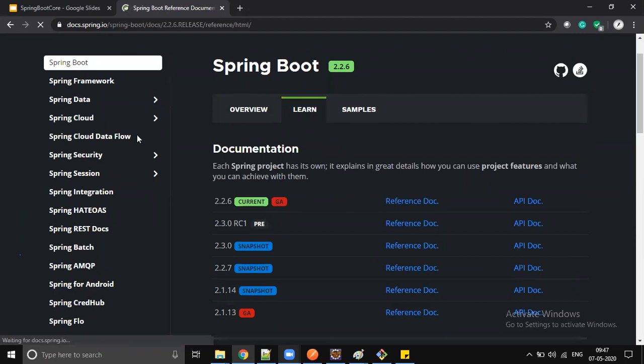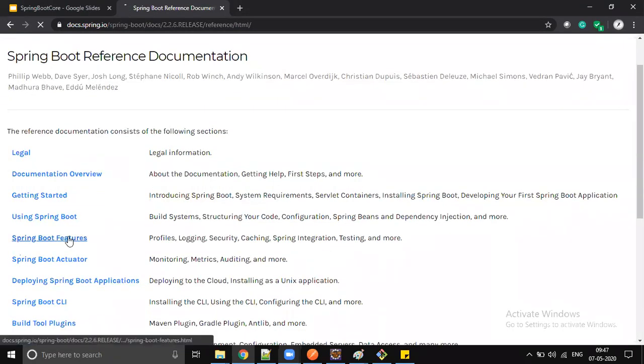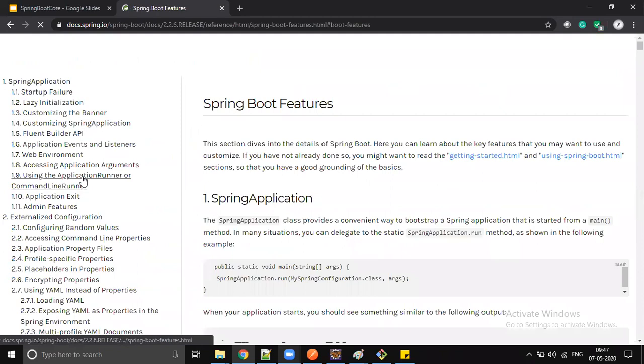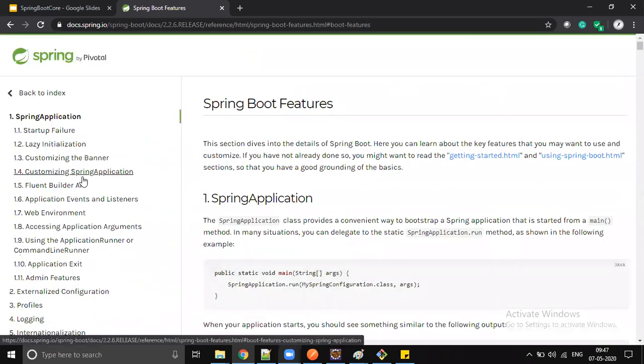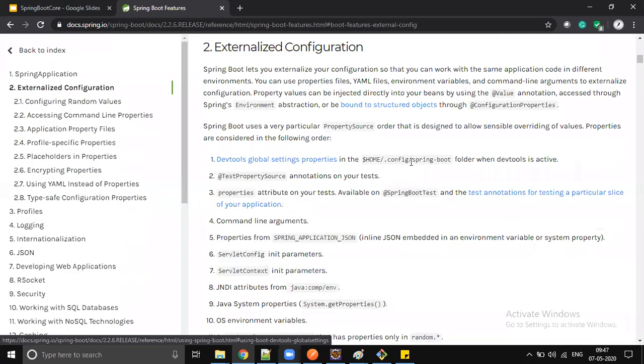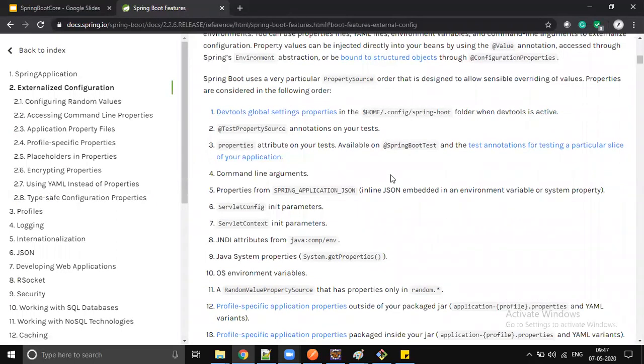So my question is, suppose I'm running a database in a Docker container. I'm running, suppose, a MongoDB image. There I'm providing the port number, username, password, all those things while running that MongoDB image. So those values, how can I save them in the environment variable? If you can give me any